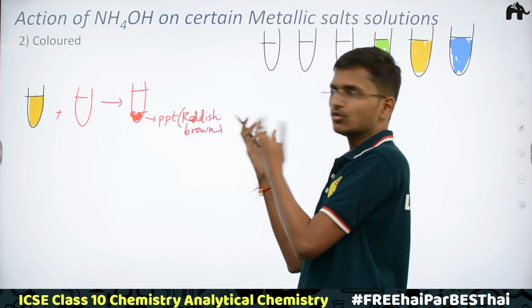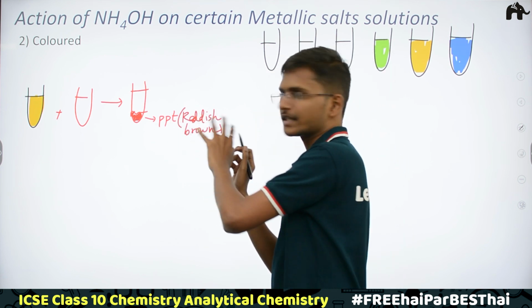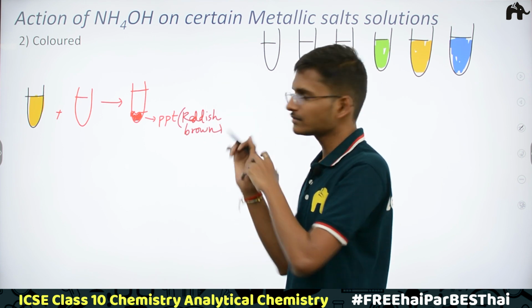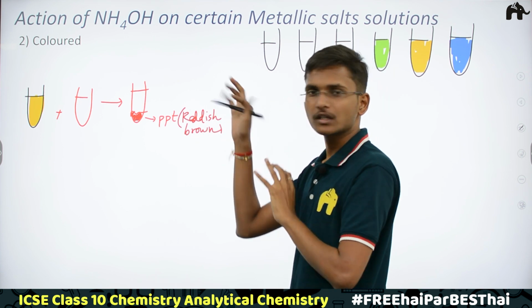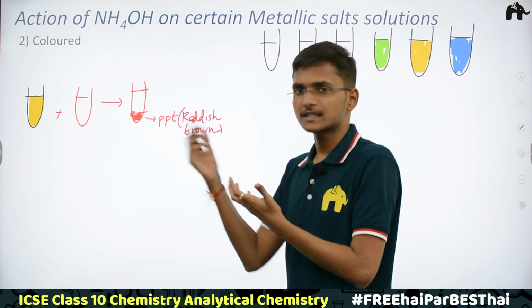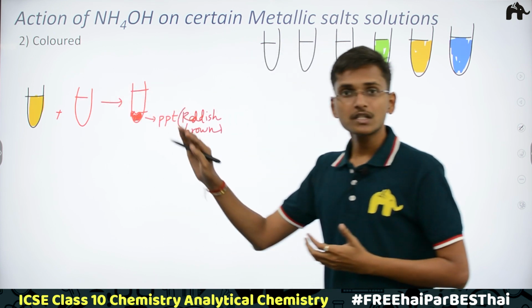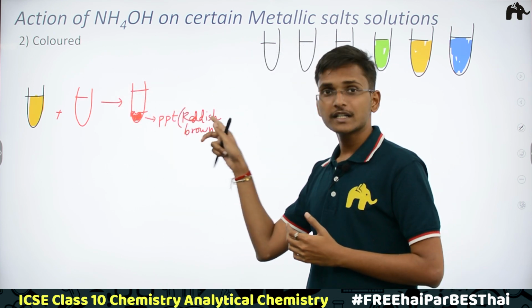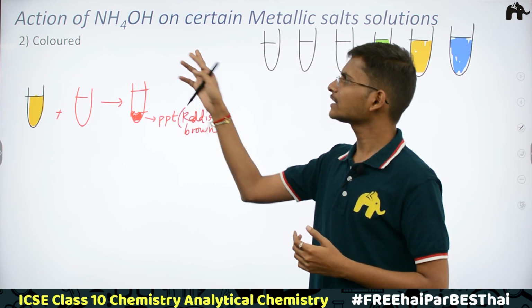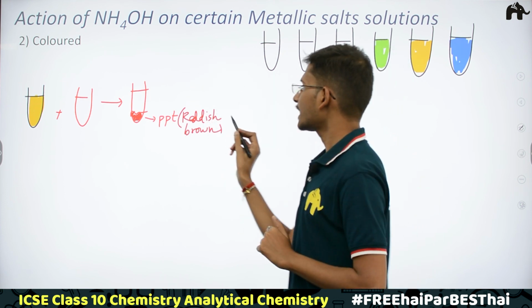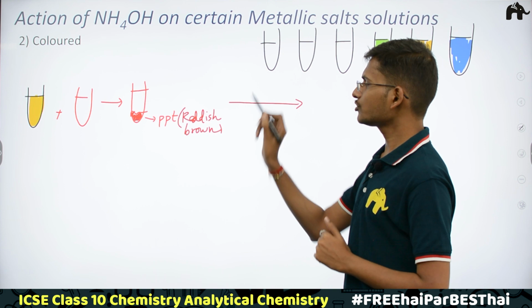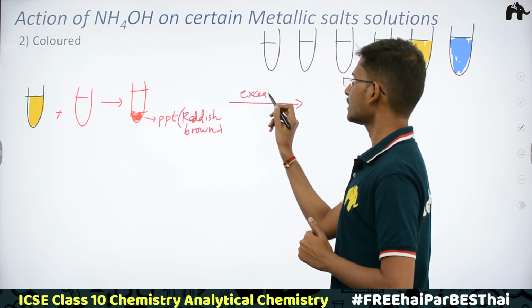A new colored precipitate means a colored precipitate we are getting, and you can just match it. It is the same as with NaOH. In the case of NaOH also, it was the same. When we add NaOH to the yellow colored solution, we also get a reddish brown precipitate. The same we get in the case of NH4OH as well. And in this solution, we are adding excess of